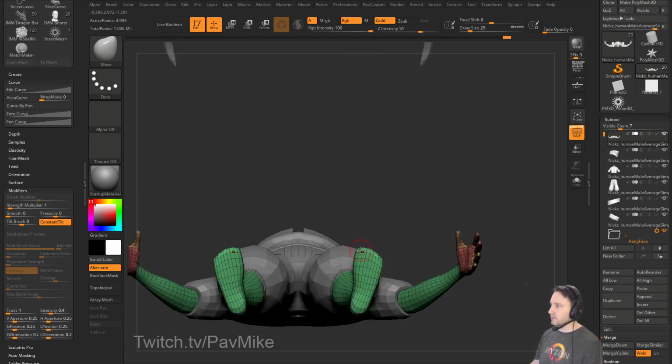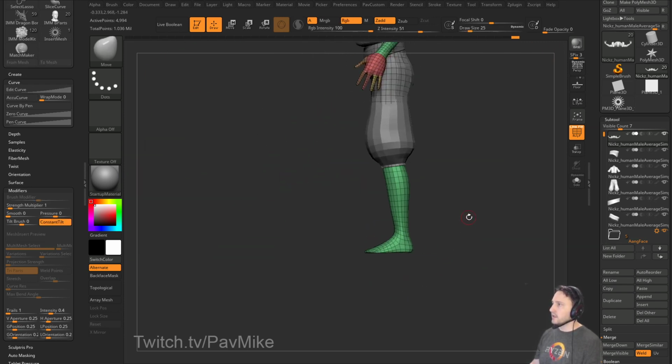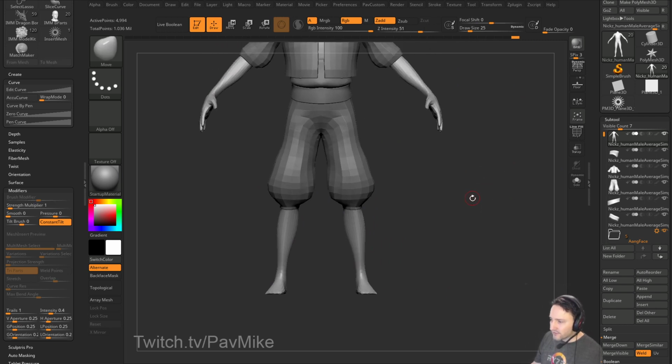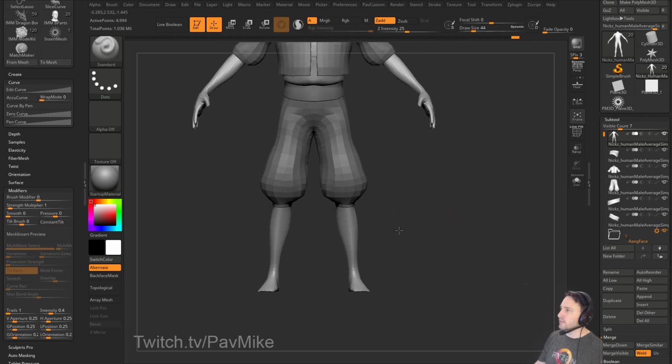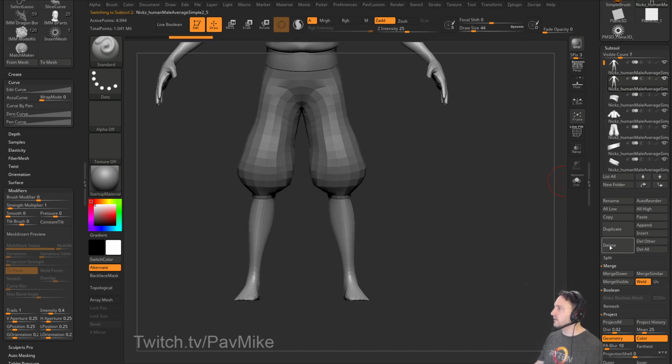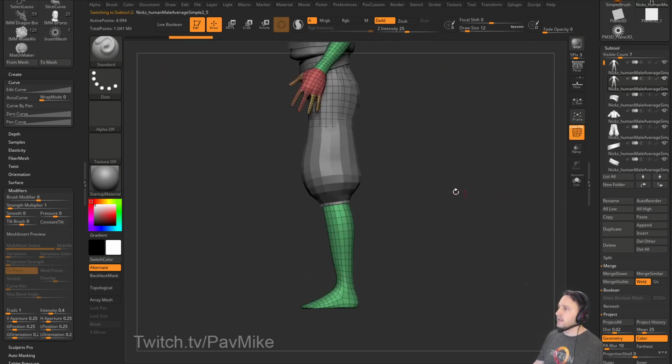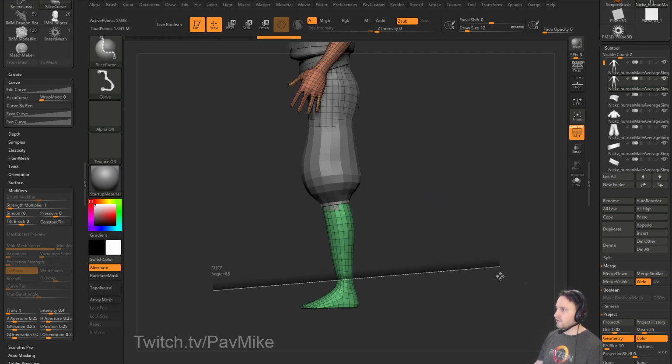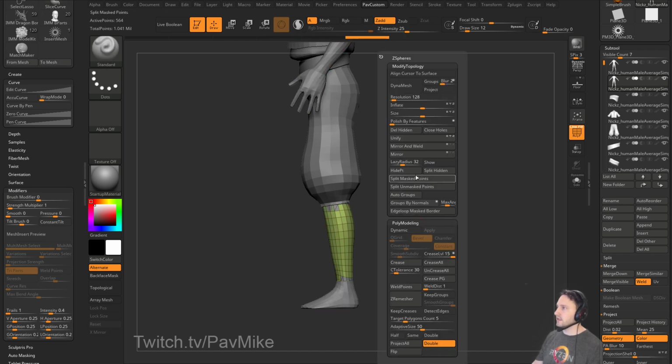We'll give him a little bit more toe reach there. Now, I don't think we're ever going to actually see his feet here, so I'm just going to give him his socks real quick. One more time, I know you're probably getting sick of this by now, but it's so easy. Let's hit Control W on this duplicate. I'm going to say socks go from here to where his shoes go. Let's say about here. Isolate, delete hidden,